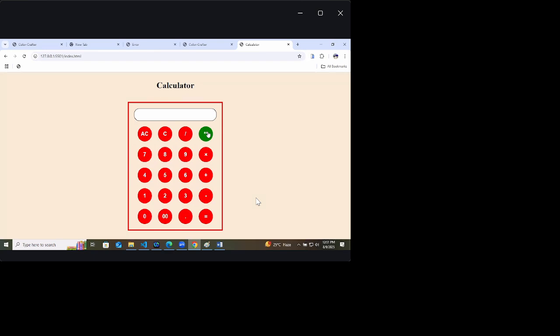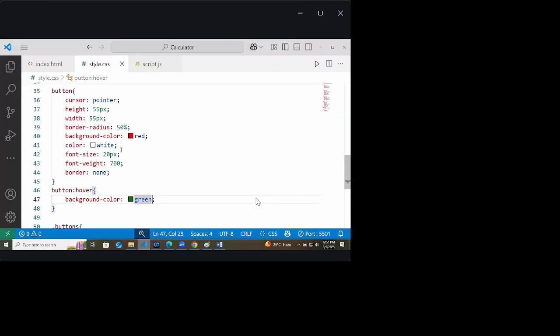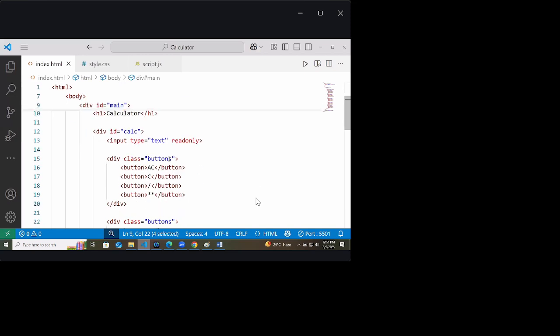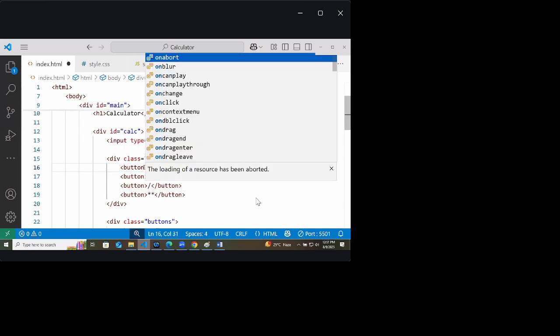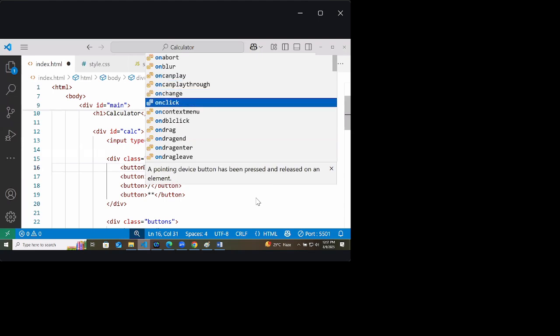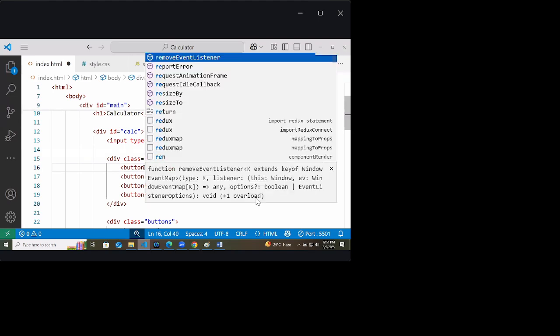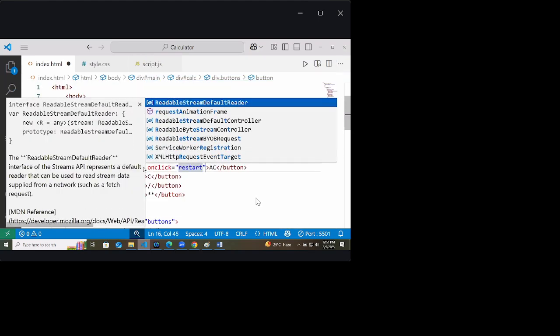I want that if I'm clicking on AC button, whatever is written inside input box, it should clear that. If we are reloading the website again, everything will clear. Everything will clear or not? So give an onclick to the AC button. First of all, I will give an onclick to the AC button. Onclick equals to restart function.